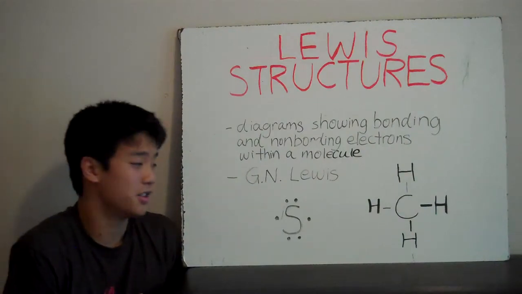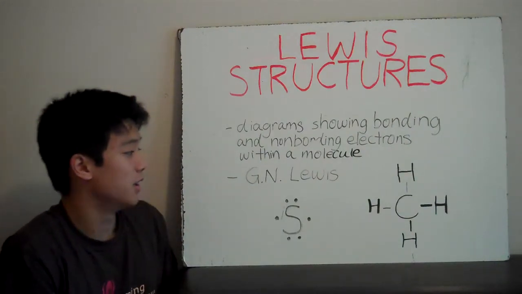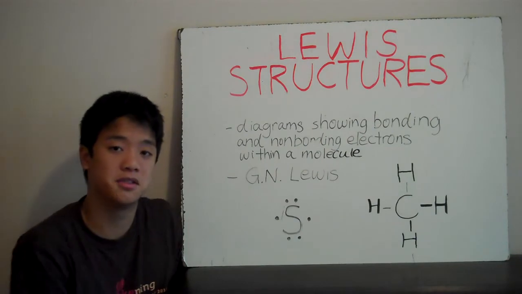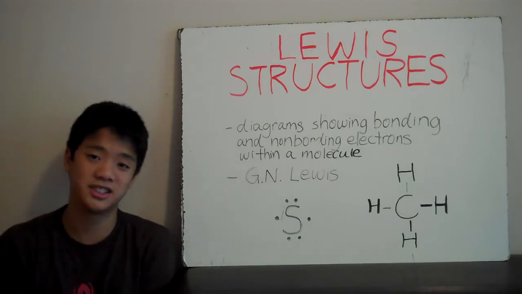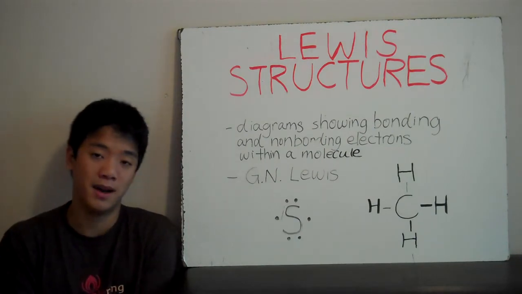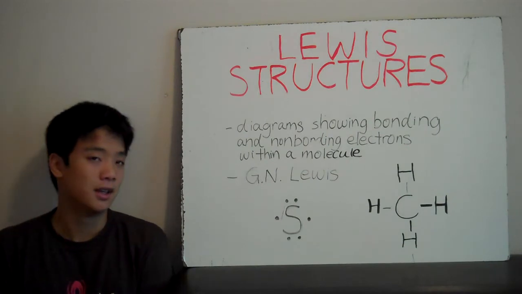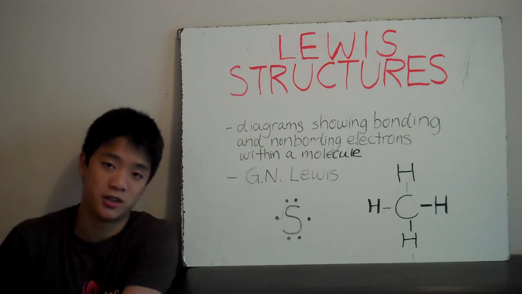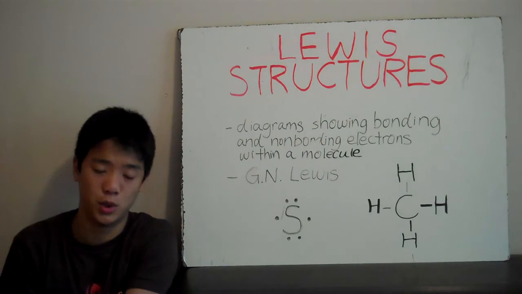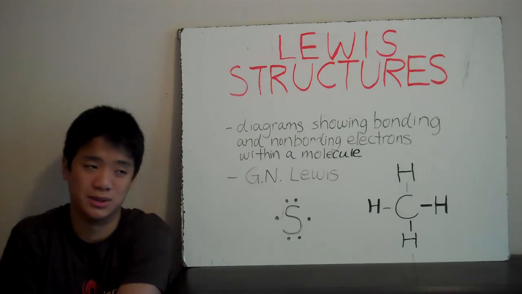So, in the early 20th century, American chemist G.N. Lewis suggested a special way to represent the approximate structure of an atom by giving its diagram. These structures were later known as Lewis structures and are basically just diagrams showing the bonding and non-bonding electrons within